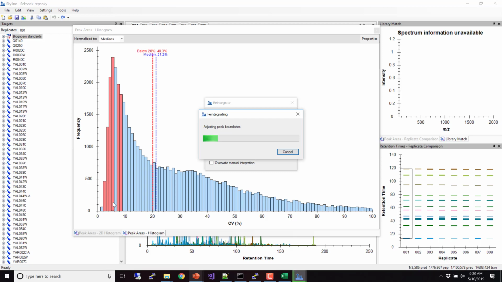If you had done any manual integration, you might want to override manual integration, if you wanted to. You don't have to, it's up to you. But we have not done any manual integration. This is all just completely automated, and again, everything I'm doing here I did on the command line. So I'm walking you through the manual steps, but if you wanted to do this a lot, move to a desktop with a lot more power, and I would recommend grabbing those scripts and doing things on the command line. I actually did these data sets last night on that big computer and my computer, and I can tell you